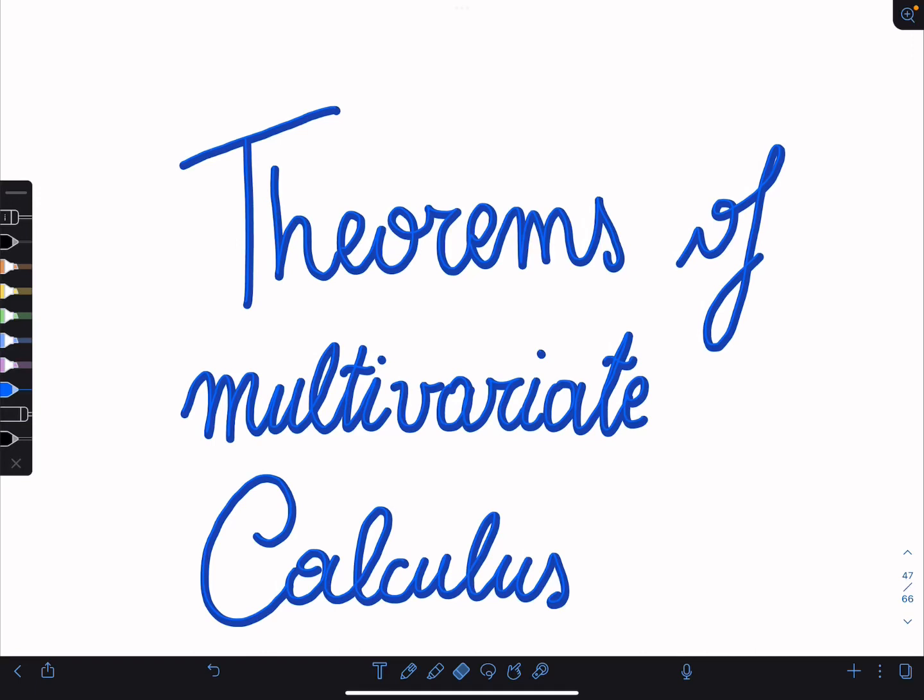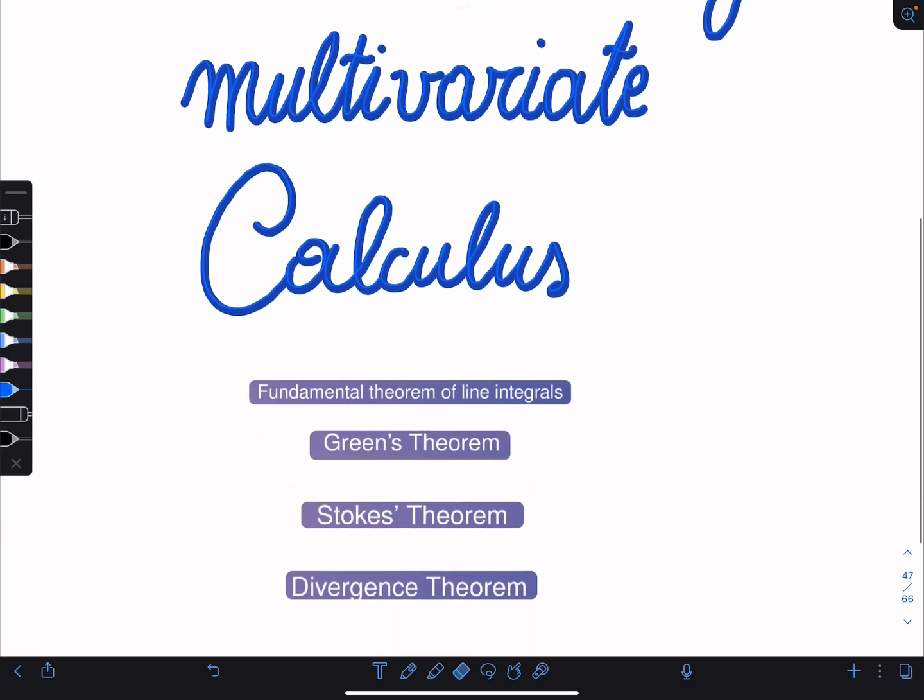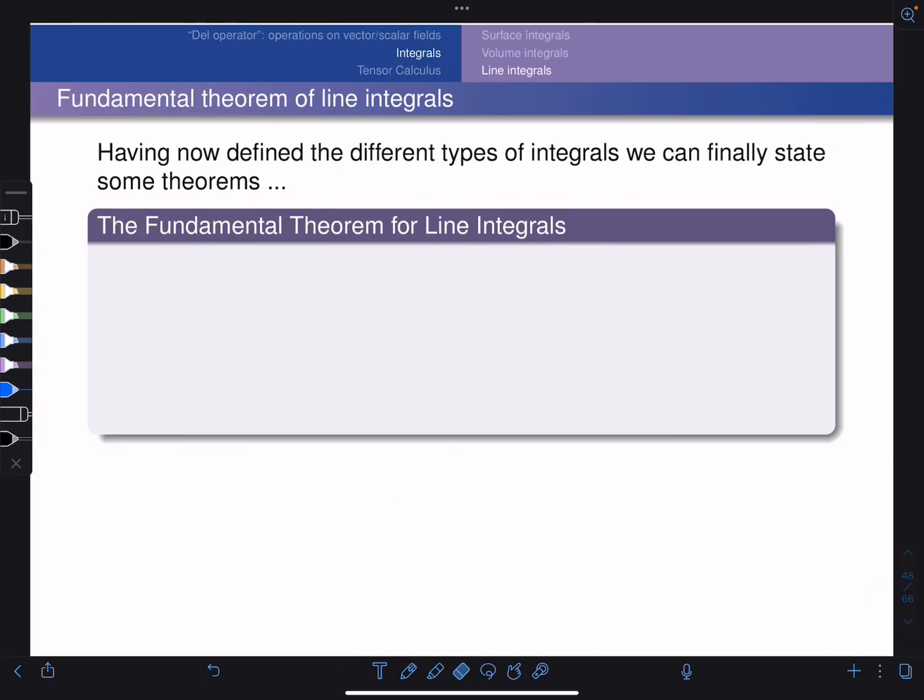Hello everyone and welcome back in this series about multivariate calculus. Today we're going to look at some of the important theorems of multivariate calculus. So, since we already defined the different types of integrals, we can start by stating the first theorem, the fundamental